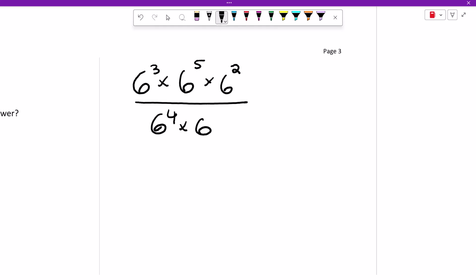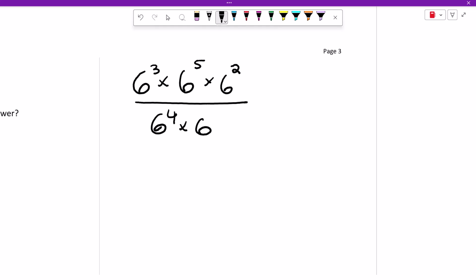All right. So the goal is to write this as a single power. Right? So everything is sixes, we want 6 with 1 exponent. Now we have multiplying and dividing going on here. And so we're going to come across these kinds of situations a lot in coming lessons. We have lots of things going on in the numerator. My tip for you guys, before we clean up and down like this, make sure the top is a single term